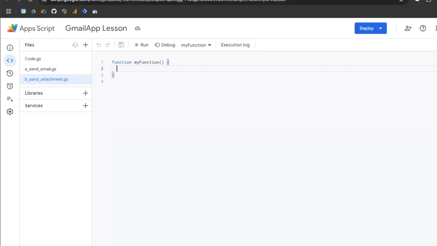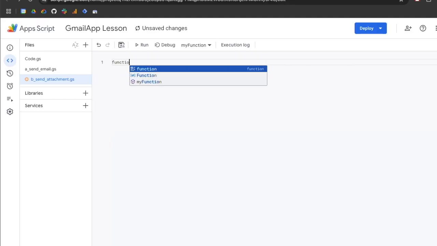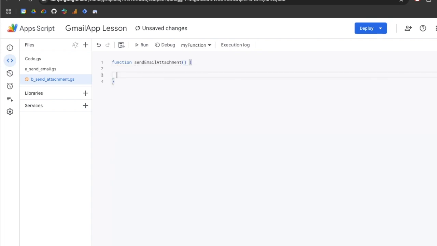sending a CSV file. I'm going to begin by clearing out the boilerplate code and creating a new function called sendEmailAttachment. I'm going to have an open parenthesis. I'm not going to be passing any arguments to this function. So I'm going to hit the right arrow, hit space, open up a set of curly brackets, hit enter twice, add 2 slashes for a comment, and now we will access the Google Sheet that we want to be a